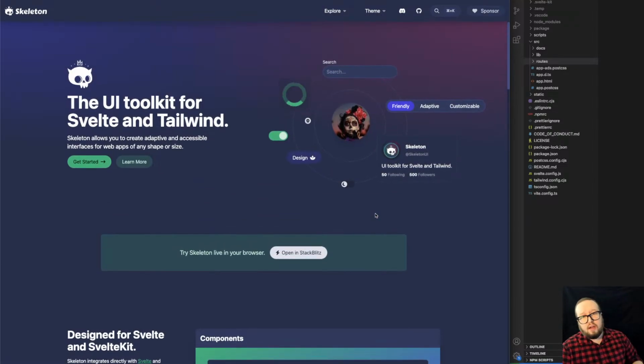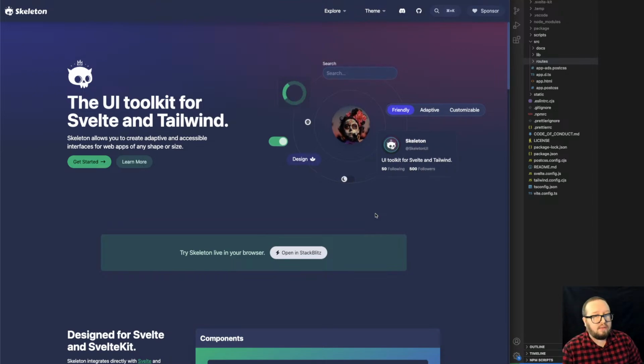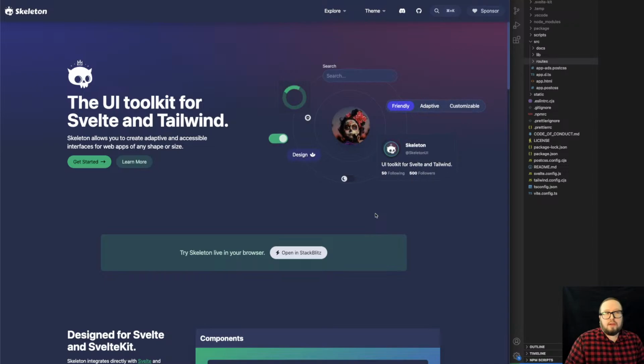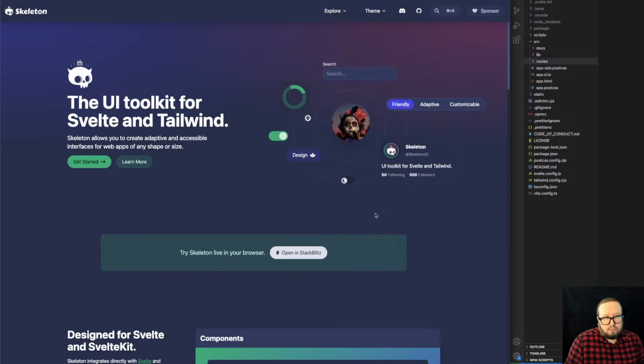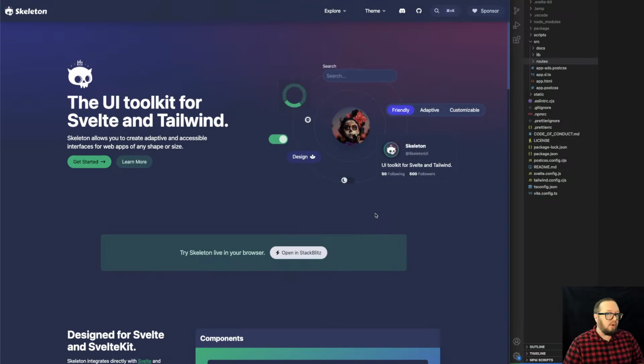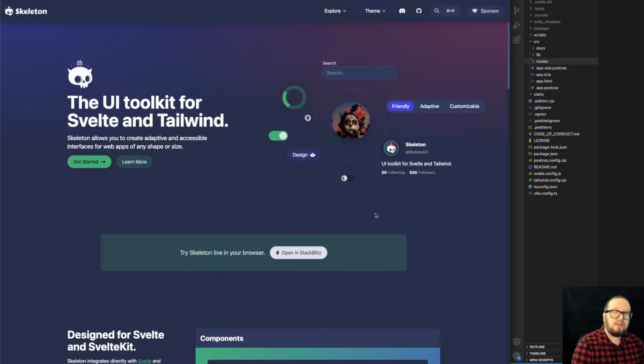But I do want to show you what Skeleton is, because that's what you're all here for. I'm sure plenty of you have used it if you're checking this out today, but there may be a few folks that are brand new and don't know what it is. If you haven't used it, we describe it as a UI toolkit for Svelte and Tailwind. If you don't know what that means, we're trying to merge the best of both of